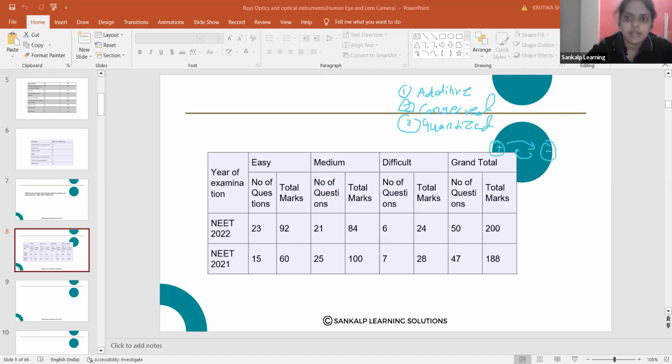Suppose you imagine you have a body here. This body is having different charges like 2 coulomb, 3 coulomb, 4 coulomb, 5 coulomb. Like this, there are charges on it. So what is the total charge of this body? The total charge of this body is given by the additivity of these, that is 2 plus 3 plus 4 plus 5. Right? That is why we call it additivity of the charge.